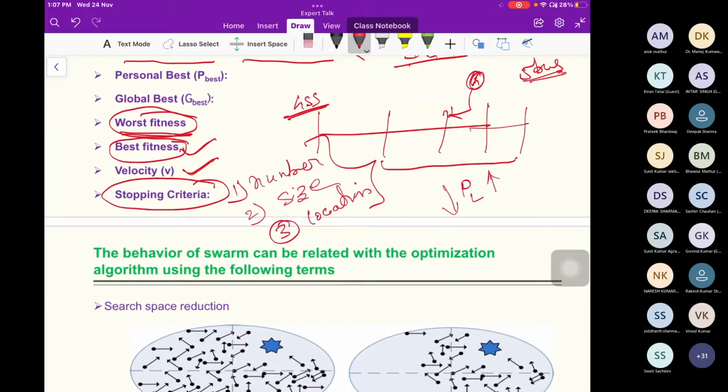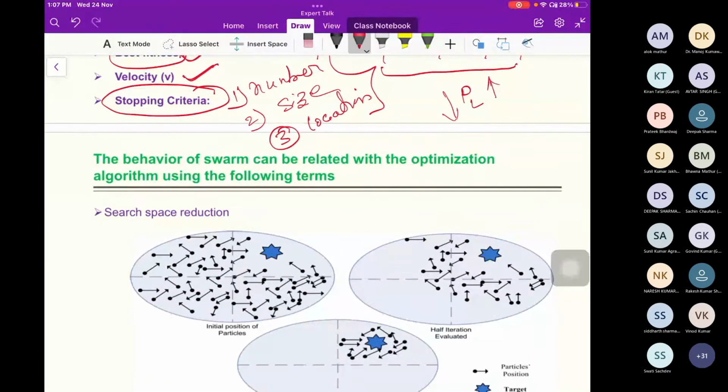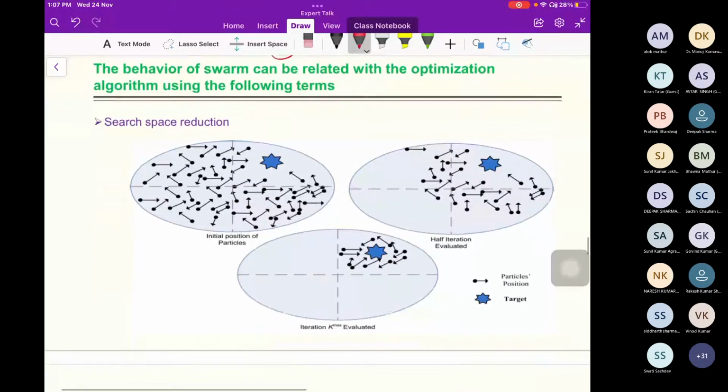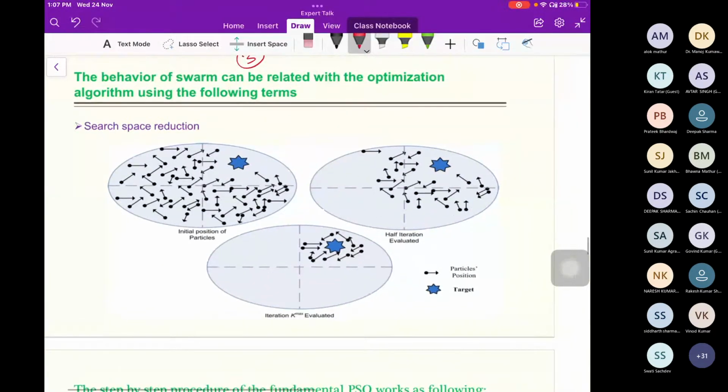then the particle will find the target after a very long time. But we can reduce the search space area, because the target is in this quadrant, the first quadrant. So we will reduce this search area, then the algorithm will give the solution in minimum time as compared to this one and this one. So to increase the speed of the algorithm, we can use the search space reduction technique.